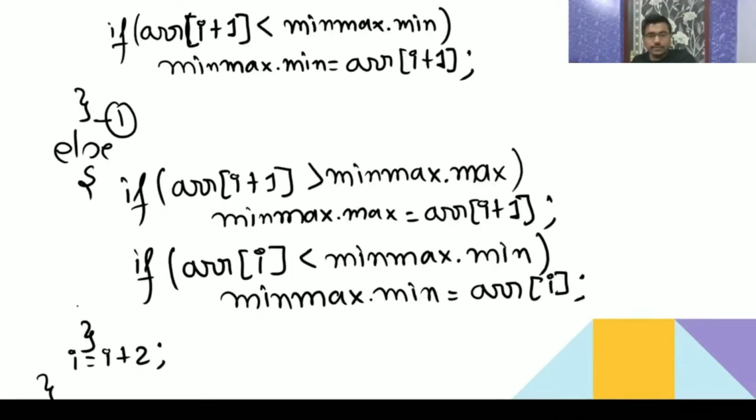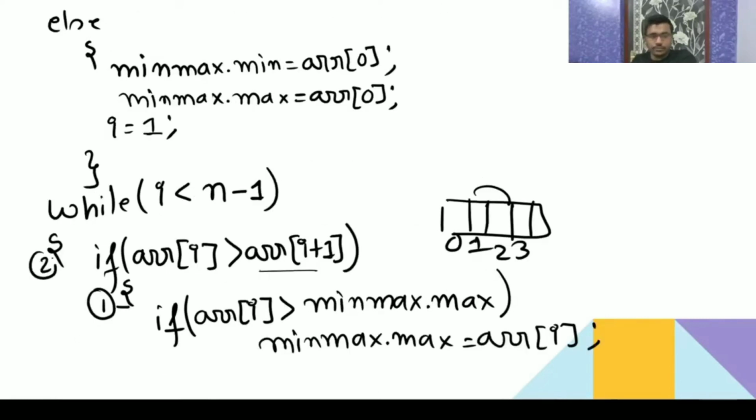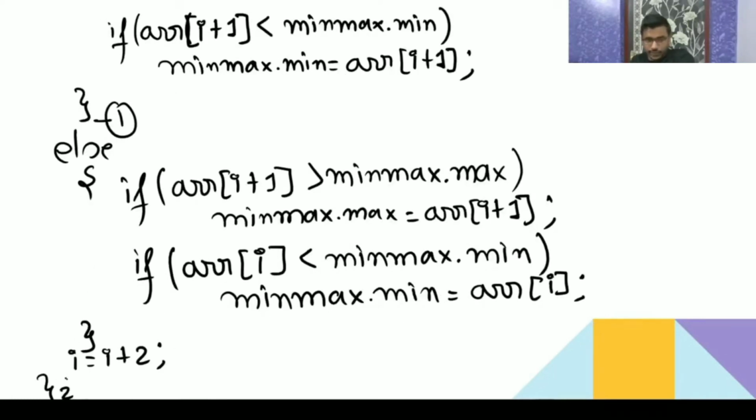So let me give some name for the while loop. Let me give it some 2. Okay, then I close the while loop. The while loop is closed. So after execution of the while loop, it will get the maximum and minimum. Please let me know whether it is clear or not. Till now, whether it is clear or not. They find the maximum and minimum.